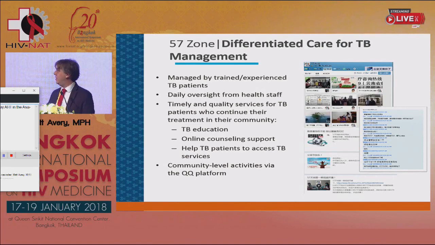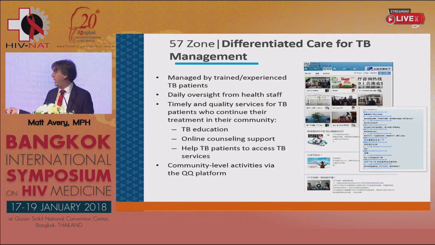So FHI 360 supported him to create this 57 Zone, which is an online platform for tuberculosis patients that is managed by the TB patients themselves. So the people who are running this on a day-to-day basis are not clinicians. They're expert patients who are provided daily oversight by healthcare staff, but most of the interaction is patients with patients. They're providing basic tuberculosis education, online counseling and support, and a very critical part of this platform is where we